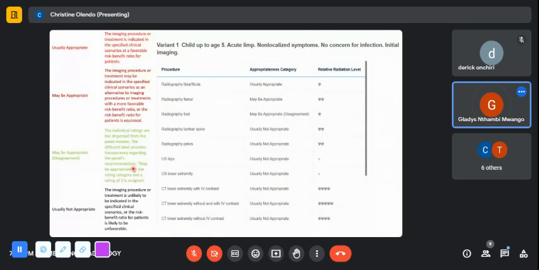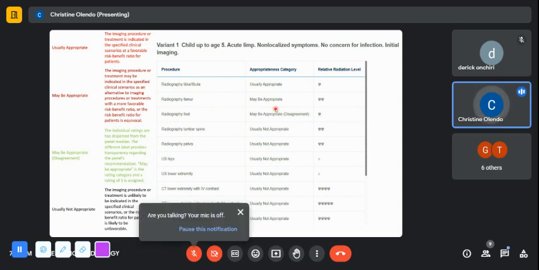Okay. So for the first variant, this was a child up to 5 with an acute limp with non-localized symptoms, and there was no concern for infection. For this one, they agreed that the primary imaging is a radiograph of the tibia and fibula, followed by, and the others may be appropriate, which are radiograph of the femur, the foot. The procedure here will depend on where, after the clinical examination,